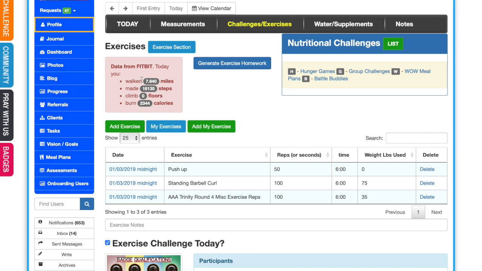Now, if your Fitbit is not synced with this section, it's okay. You'll have some entry points for walking miles and steps. So you could use either one. If you know how many miles you walk, you can input that. If you know how many steps you've gotten in through some other tracking device, you could put in that. Mine's overridden because it's synced with my Fitbit, but you can do it manually as well, and that's how you'll be able to earn badges.